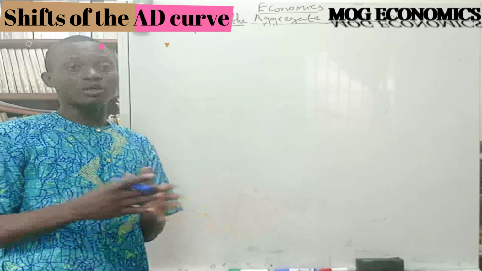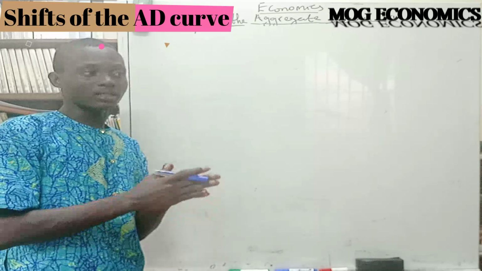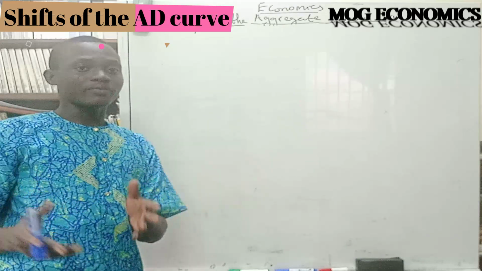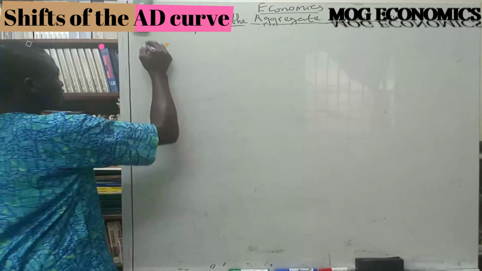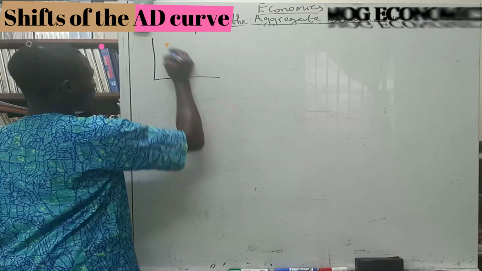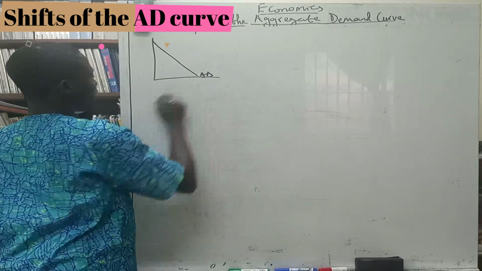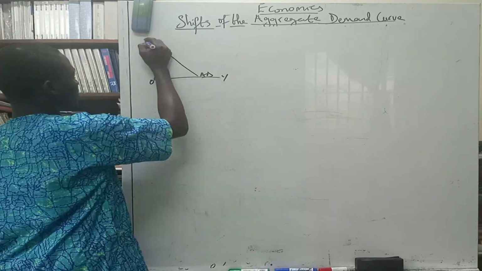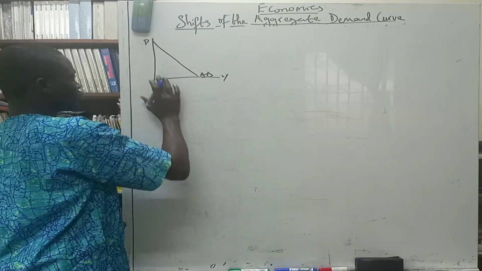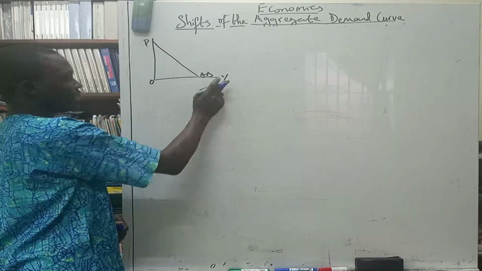Whatever is going to shift a curve is neither what is on the horizontal axis of that particular graph, nor what's on the vertical axis of the graph. So on the aggregate demand curve, recall that, let me just draw. We established from the previous class that we have a downward sloping aggregate demand curve. 0, Y, and then here we have the price level. So whatever is going to make this curve shift obviously is not the price level and it's not the output,